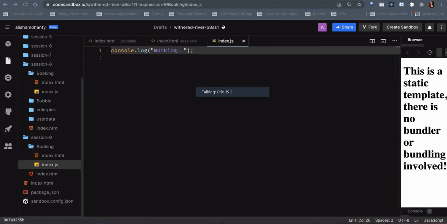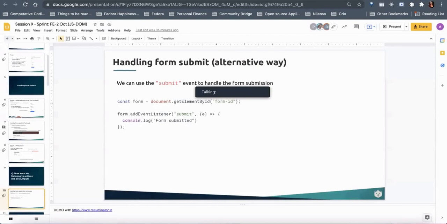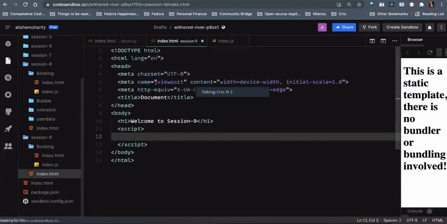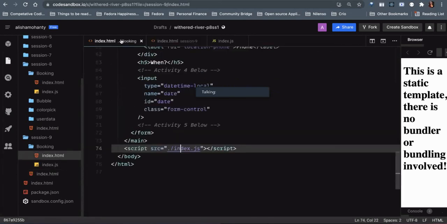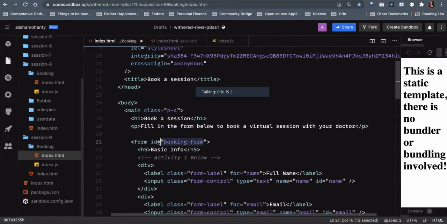Okay, let's code it out. So what we would do, give me a second, guys. So we would attach this. So we have this ID assigned to this form, right? So what we will essentially do,